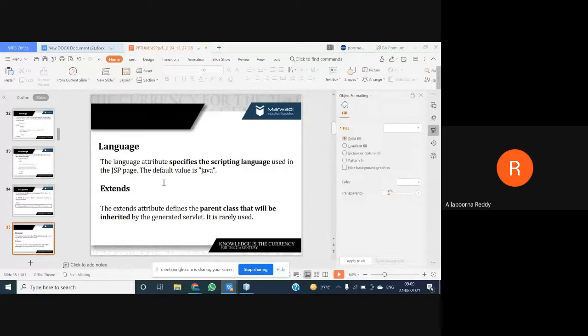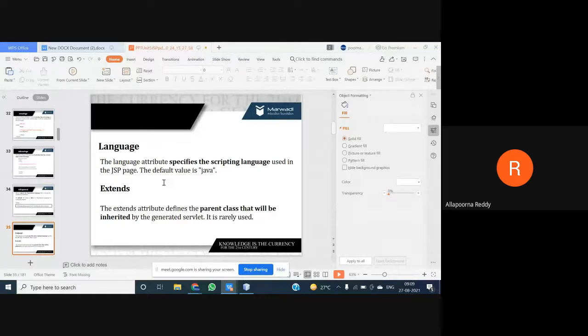The child class wants to access the properties of the parent. Then what are you going to use? You are going to use a keyword, which we call extends. That keyword we can use and extend the things, but rarely do we use it.